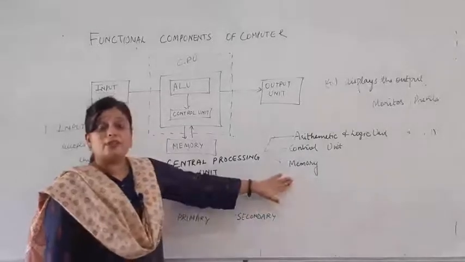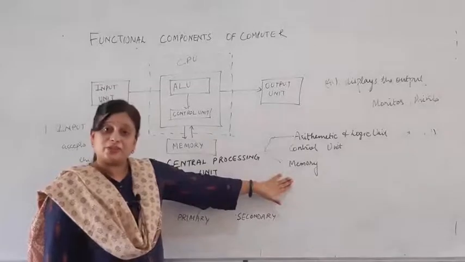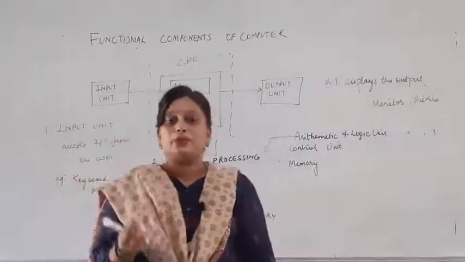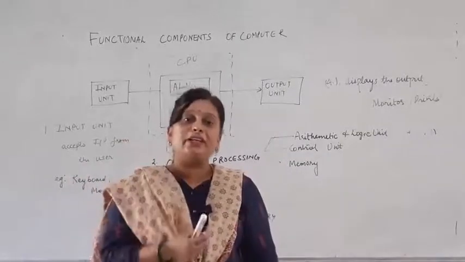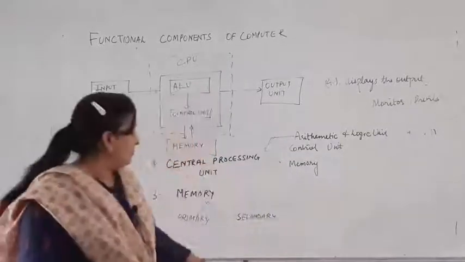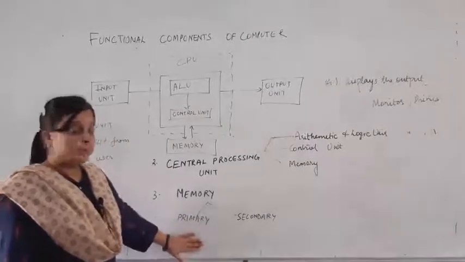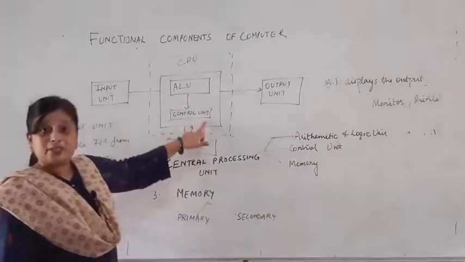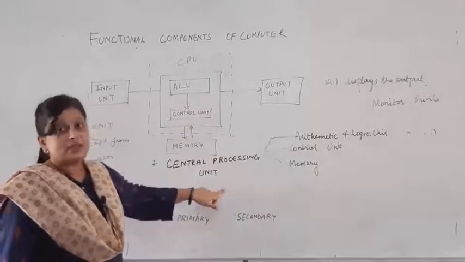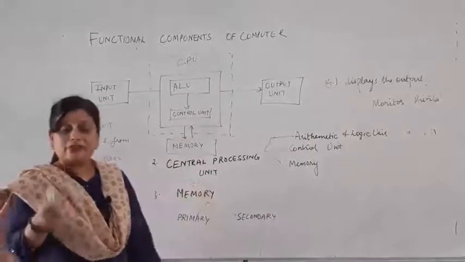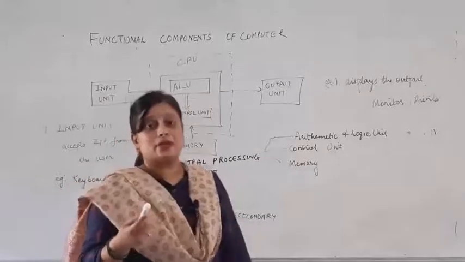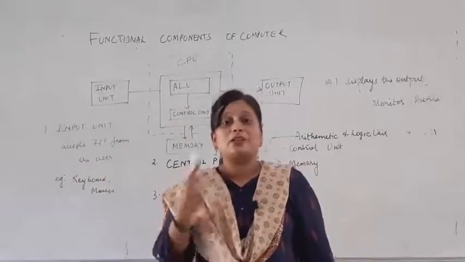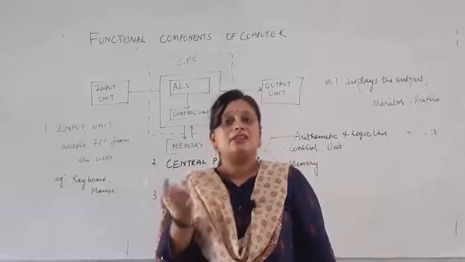Another important component of the central processing unit is your memory. See, memory, based upon the usage and cost, could be internal memory or external memory, what we could call your primary memory or secondary memory. The memory may be inbuilt within the processor or it may be outside the processor as well. This we would discuss in further lectures to come, what the memory hierarchy is, how memory is being used and what the cost and benefit analysis of memory is.